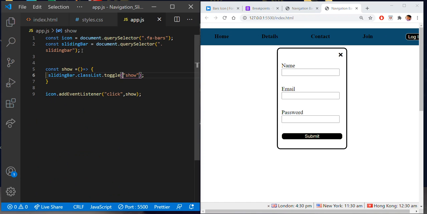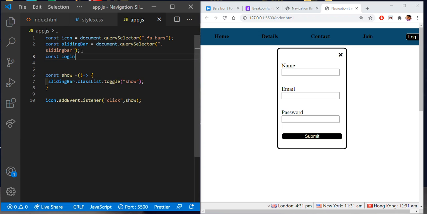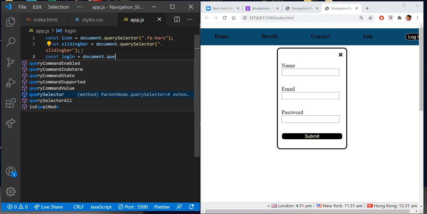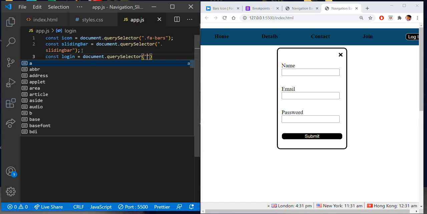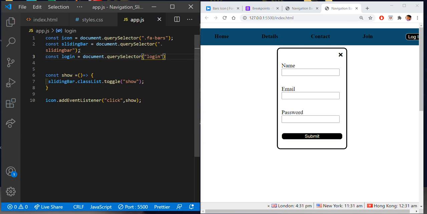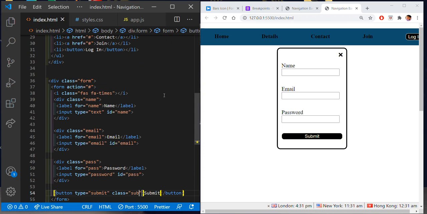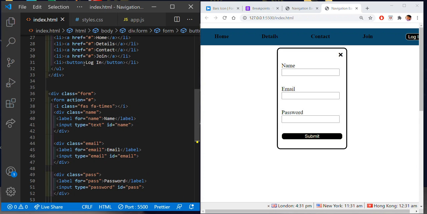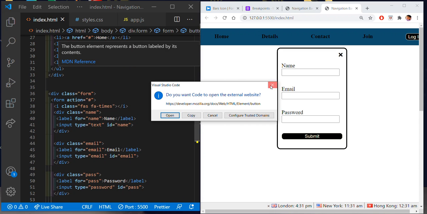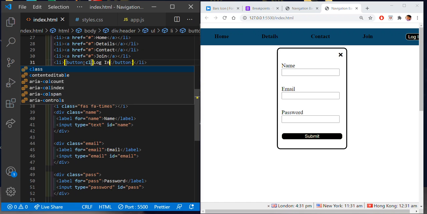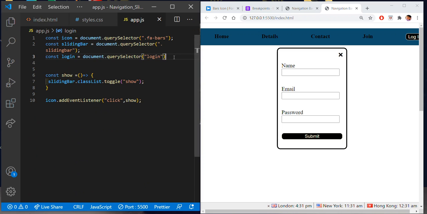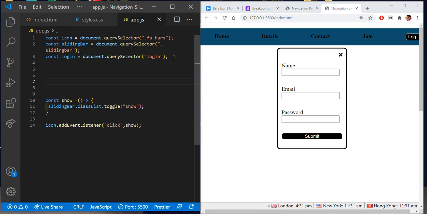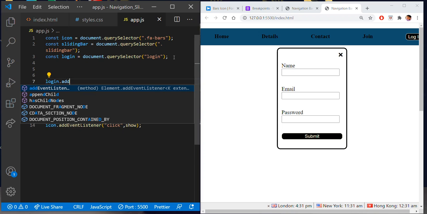In my JavaScript, const login is equal to document.querySelector, and what I need to define is my button login, and I would define the class for the button login. Oops, I pressed something wrong. Okay, so class login. Okay, so I got my button login now. So whenever I'll be pressing this login button,